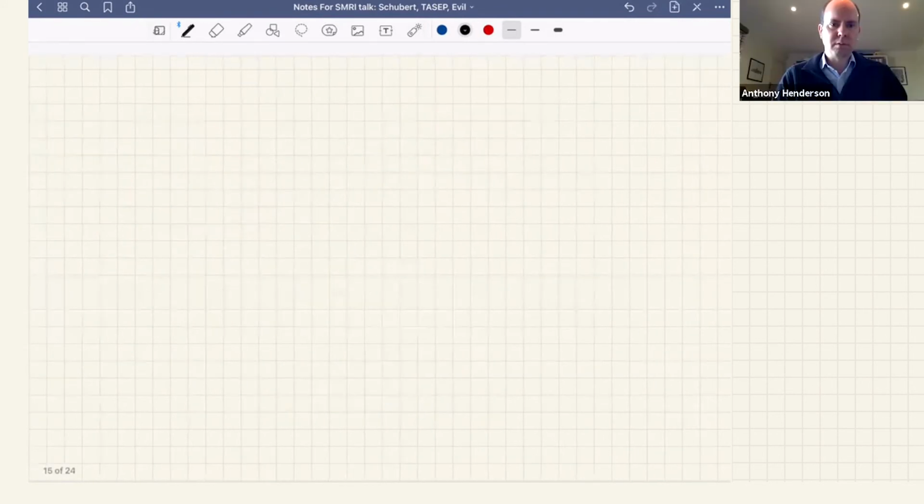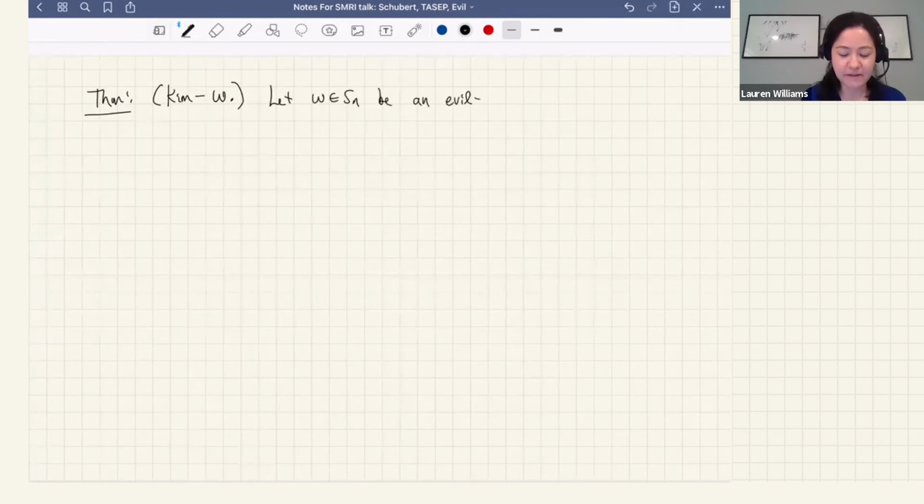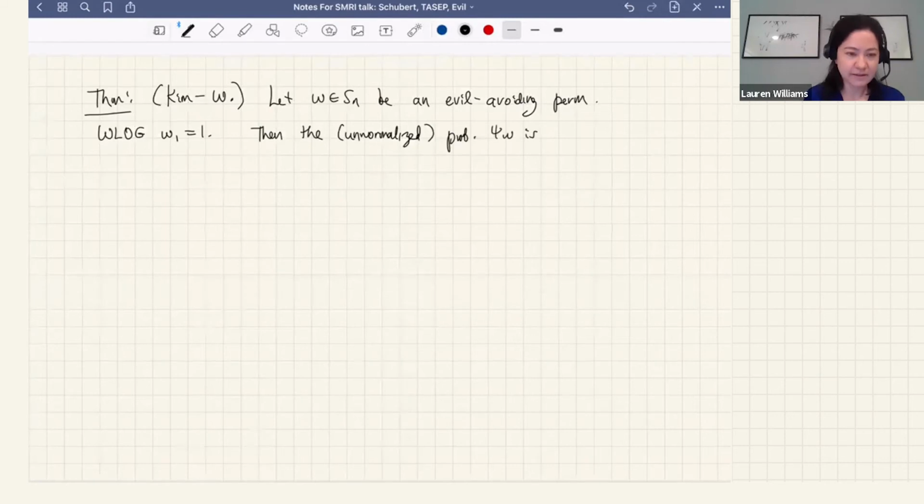Okay, so then I can state a theorem, and I'm going to first state it in a slightly vague form. Let W be an evil avoiding permutation. And since we're thinking about the TASEP, which has this circular symmetry, we can assume that W1 is 1. Then the unnormalized probability psi sub W is